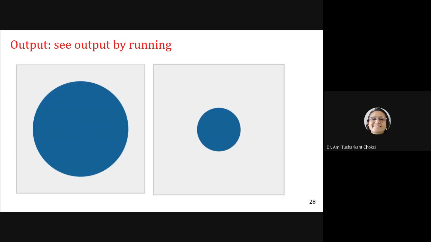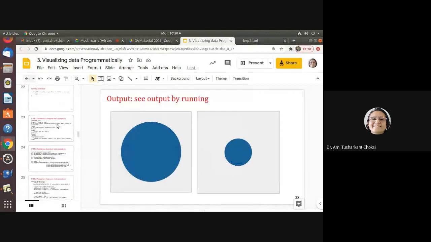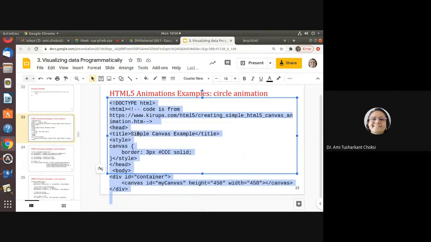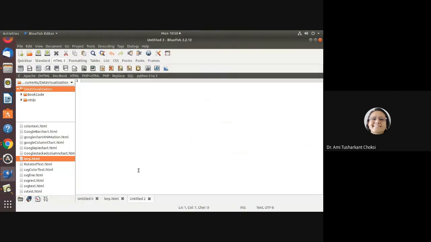Let's copy the code and run it so you can have the idea that it is running. See, I'm copying the code, because you can see the same thing again and understand it. So let me put it here.